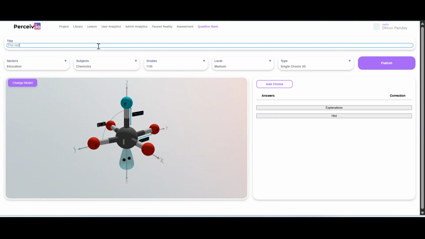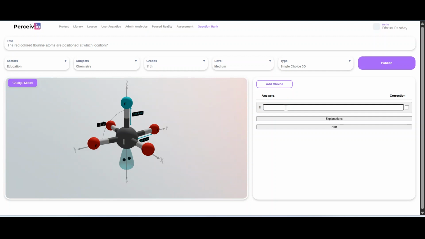The red colored fluorine atoms signify, are the... So let's say, let me add the choices: